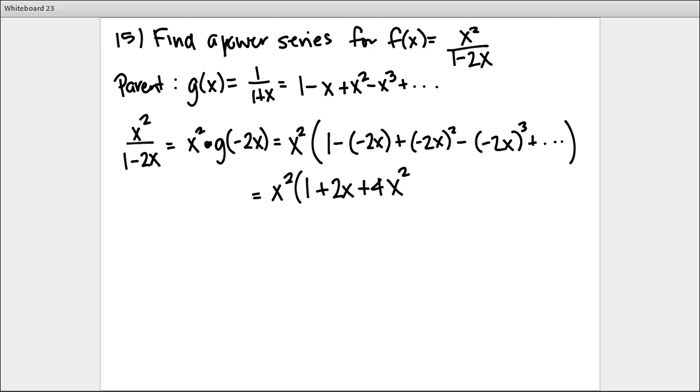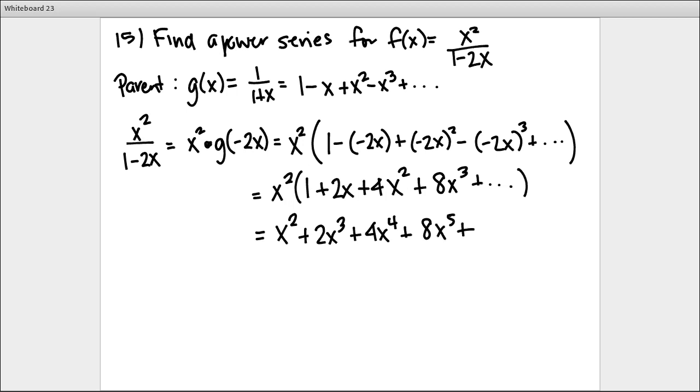Squaring the negative 2x will give me a 4x squared. Cubing the negative 2x will give you a negative 8x cubed, but then you're subtracting it, so that becomes a plus 8x cubed, and it keeps on going like that. Then we distribute the x squared in there, and you'll have x squared plus 2x cubed plus 4x to the 4th plus 8x to the 5th